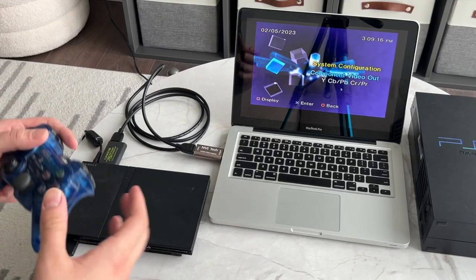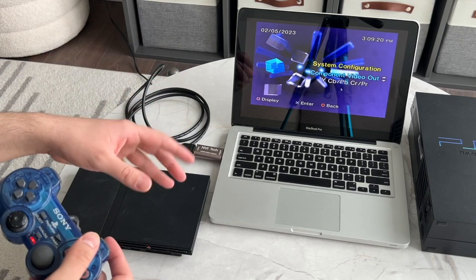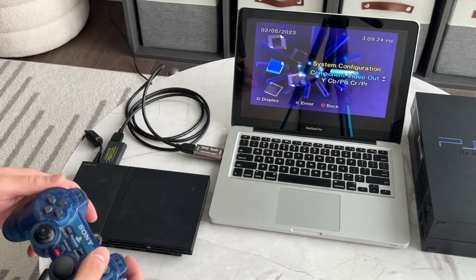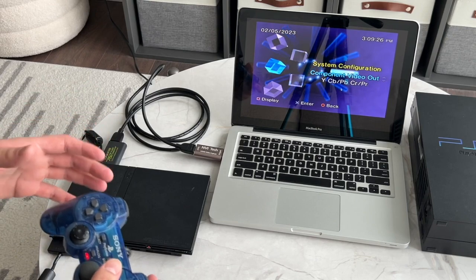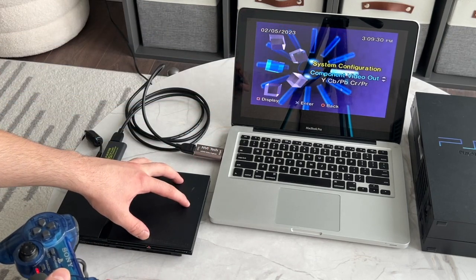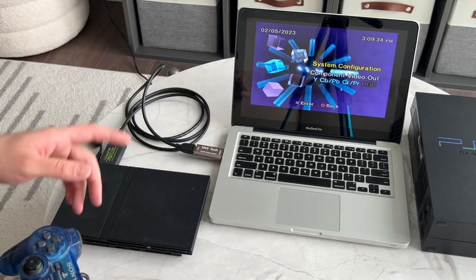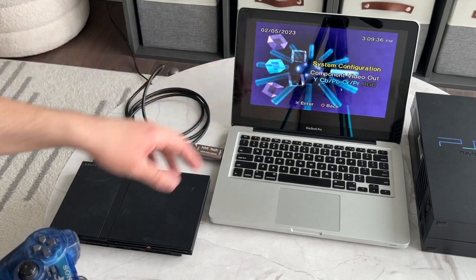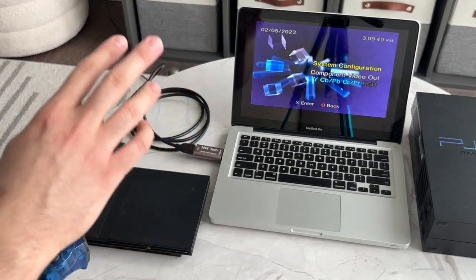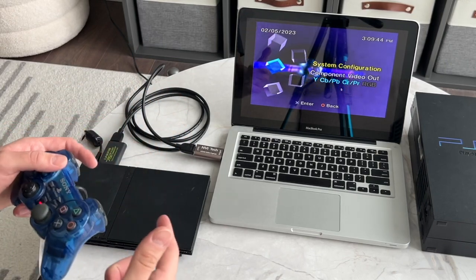Now the main issue that people are having is they're getting audio output through their TV or monitor, but they're not getting any video output on their screen. Now, in order to fix that, you need to change the system configuration on the PlayStation 2 and set the component video out to Y, CB, PB, and then CR/PR versus having it on RGB. So these are the two main video output settings on the PlayStation 2, and if yours isn't working, it's likely